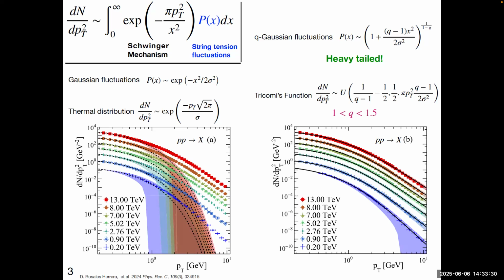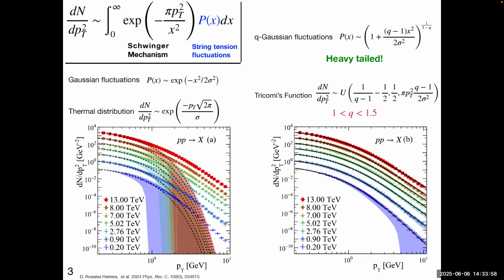It's a heavy-tailed function. It means that it can describe rare events. And also, these Q-Gaussian fluctuations include a new parameter. The Q parameter represents how much we are deviating from the thermal behavior. So when we convolute the Q-Gaussian string tension fluctuation with the Schwinger mechanism, the PT spectrum